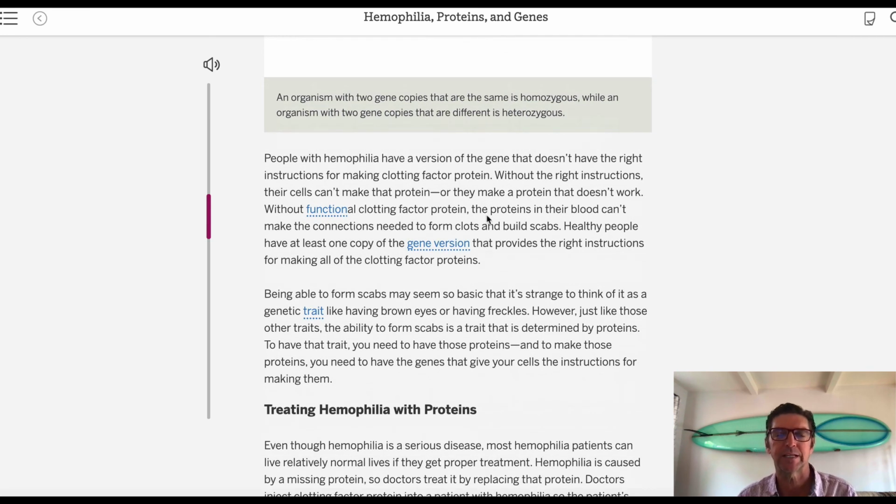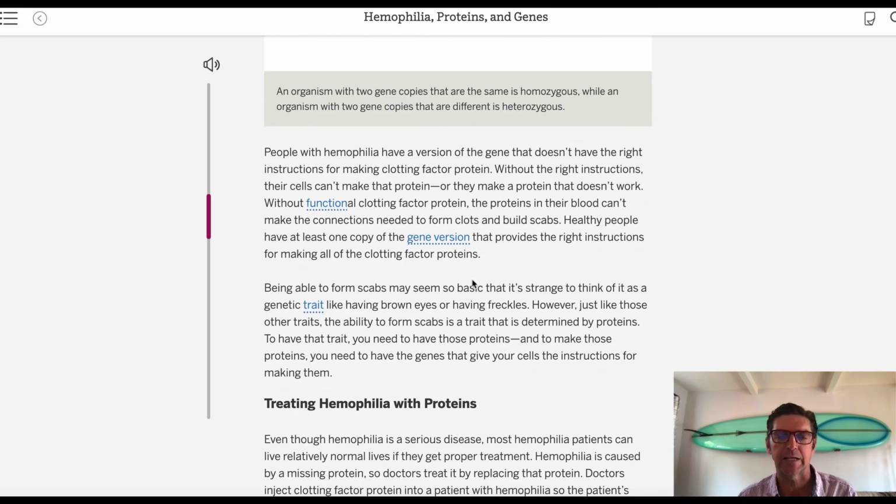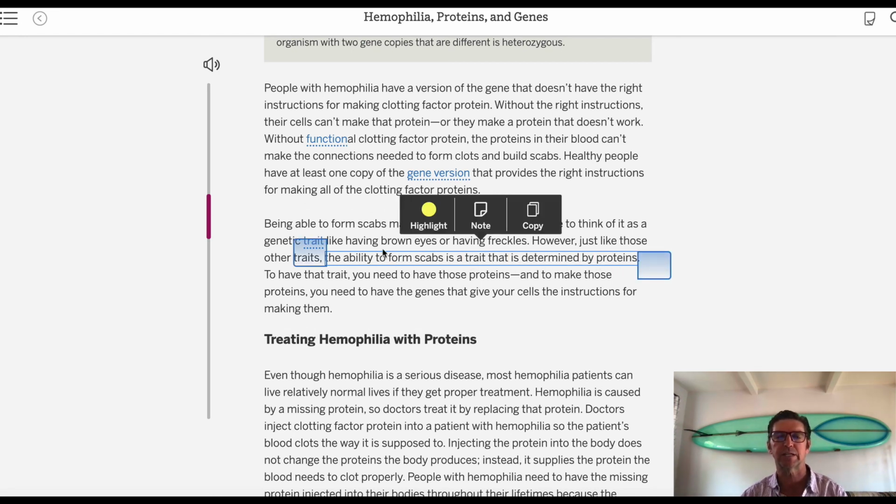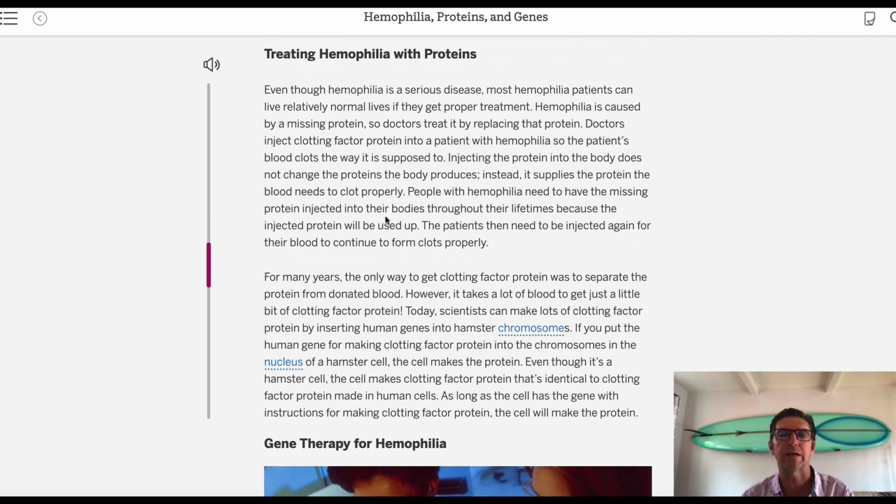Now, once again, this is high level. It doesn't have to be perfect on the answer. If you don't get the perfect citations, that's fine. But if you get a citation, it can make it work. "Being able to form scabs may seem basic. It's strange to think of a genetic trait like having brown eyes or having freckles. However, just like those other traits, the ability to form scabs is a trait determined by proteins." So once again, we're tying traits to proteins to genes. So that one would work. So you scroll down and you find 3 pieces of evidence that you